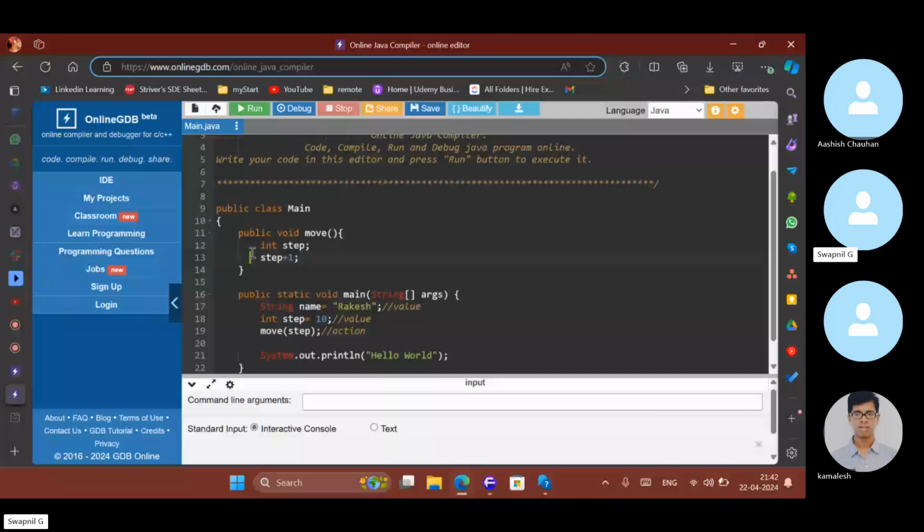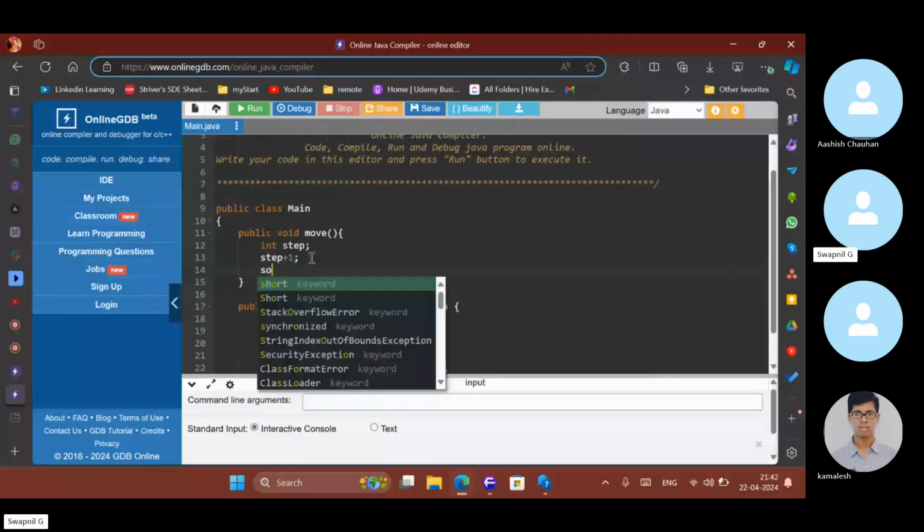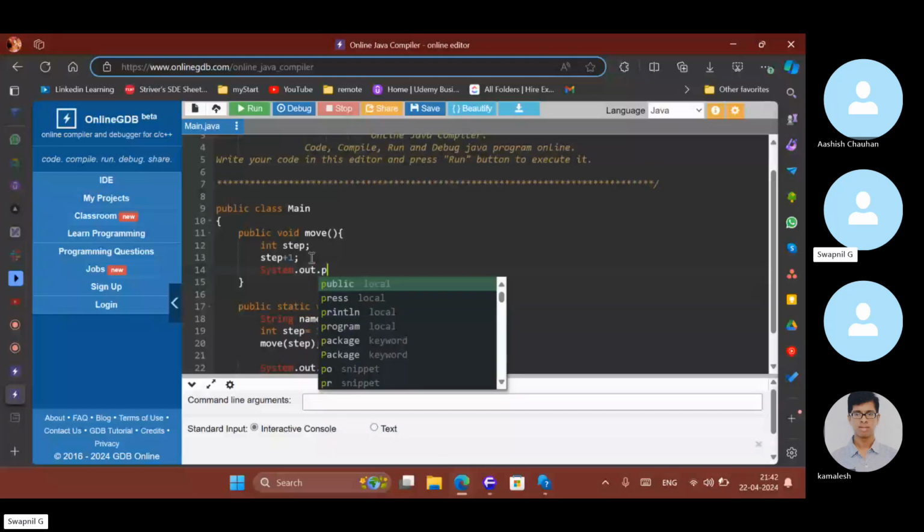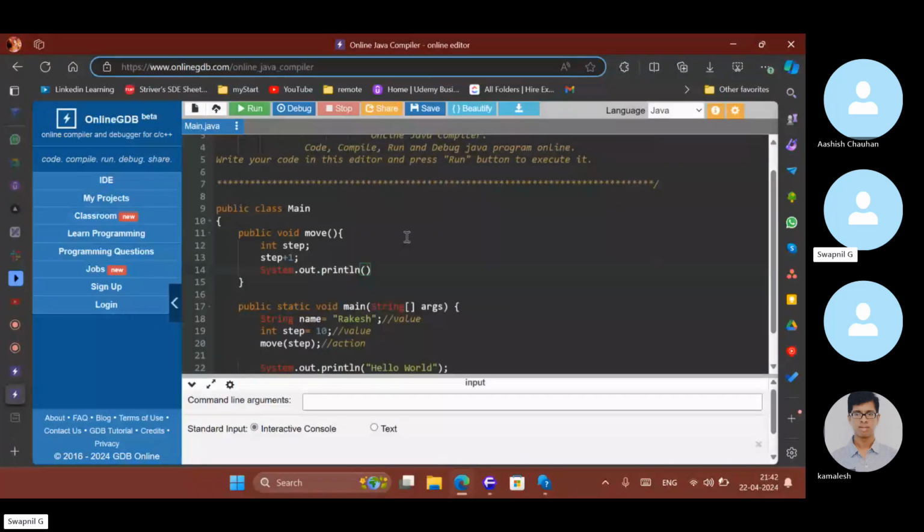Now I'll do System.out.println. When we are printing, are we returning anything? This move function is printing how many steps the person has walked, so it is not returning anything.